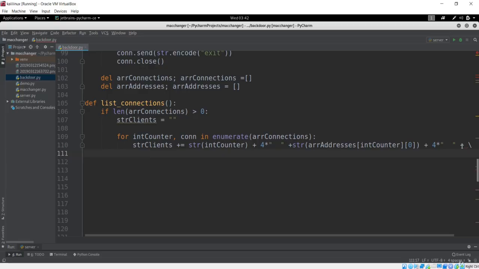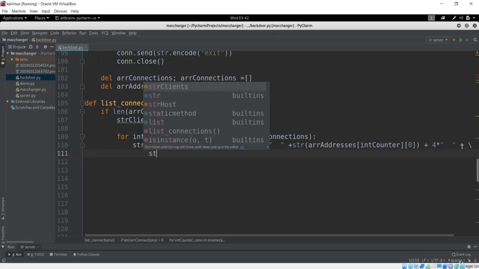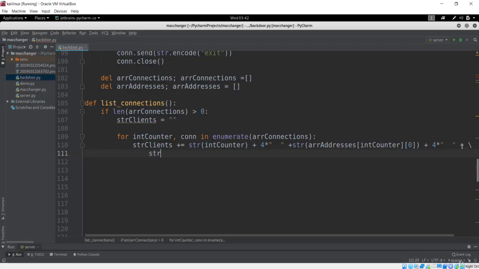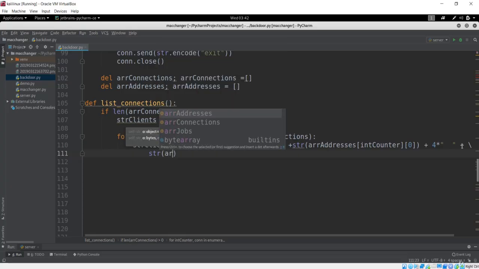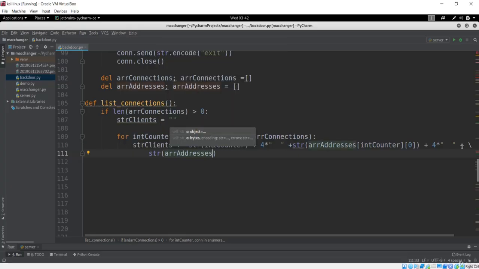So next, the address I want to get is maybe the port name. What if I just want the port name? Then I'll just say again that it should be typecast to string, and it should be inside this array addresses. And the next thing I want to get is